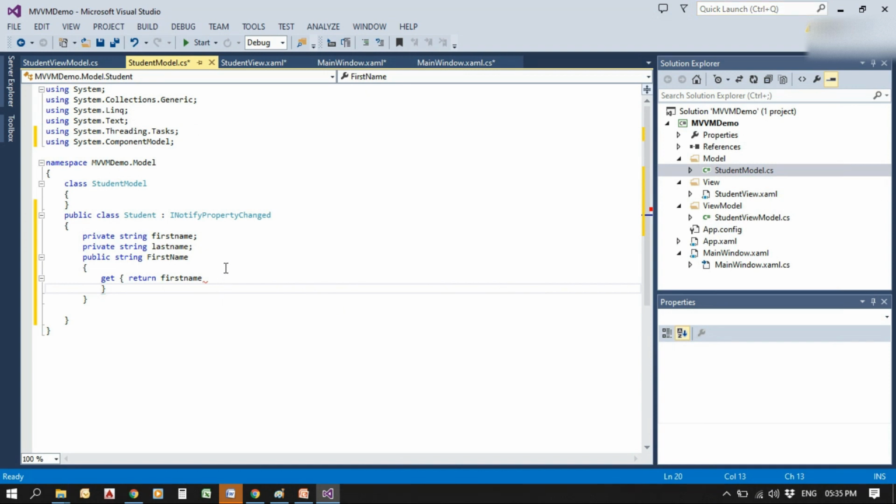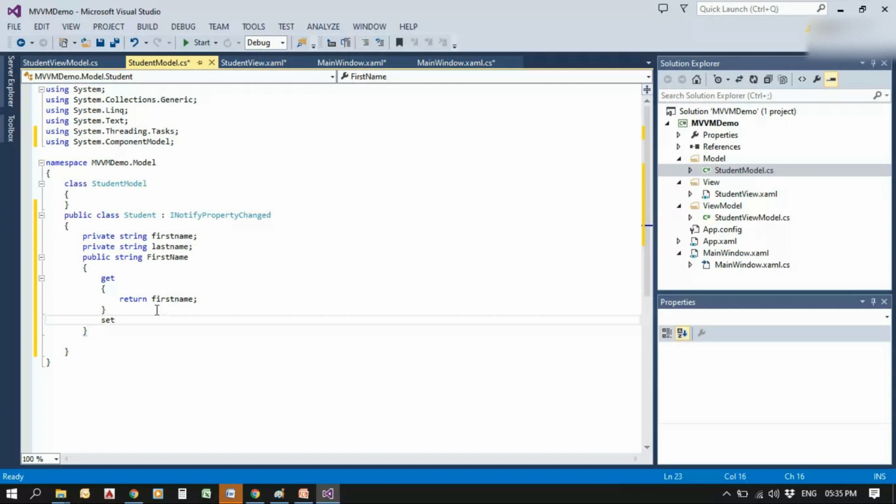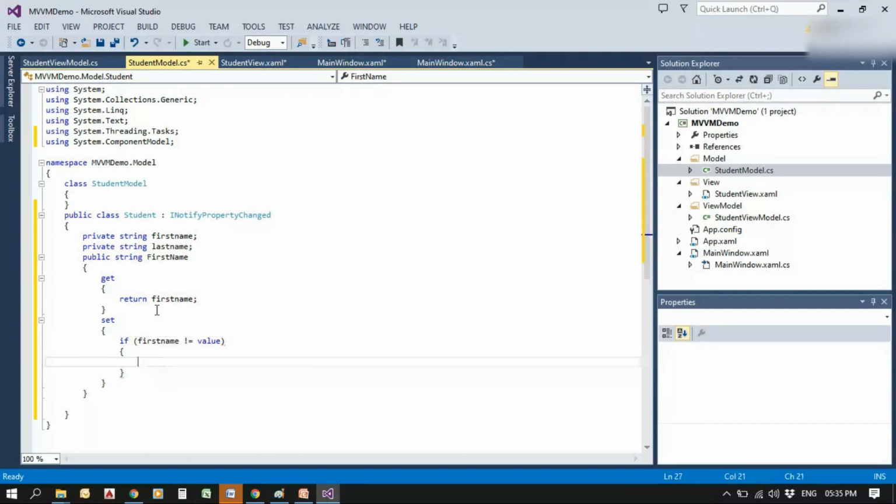We have written the get, and next is the set function for setting a new value of the first name. So we are checking whether the first name is not equal to value, then set first name equal to value.